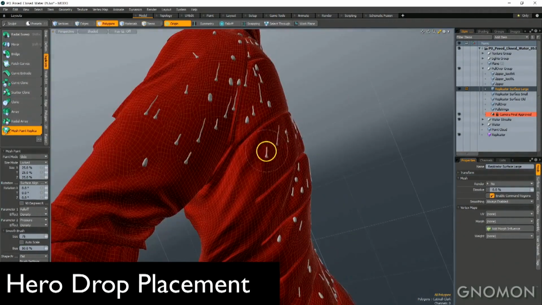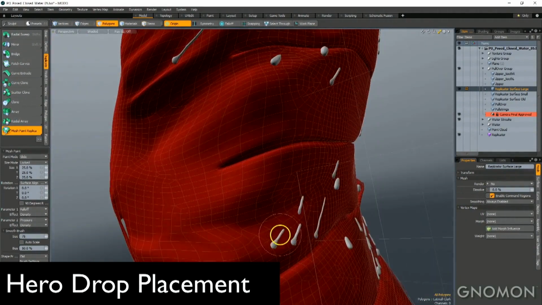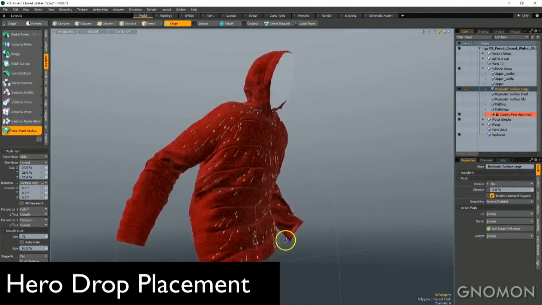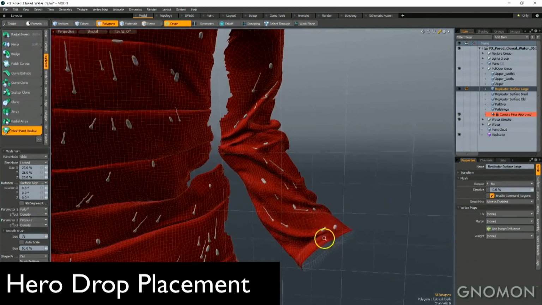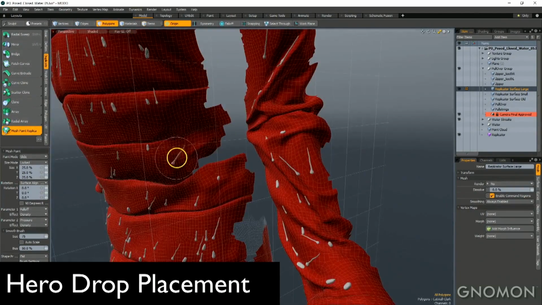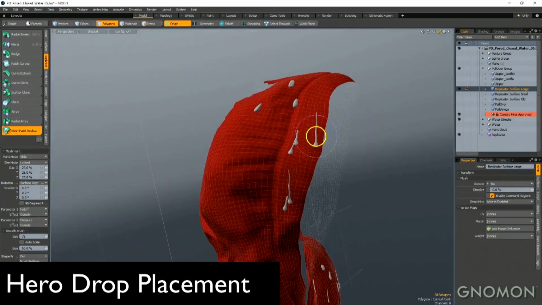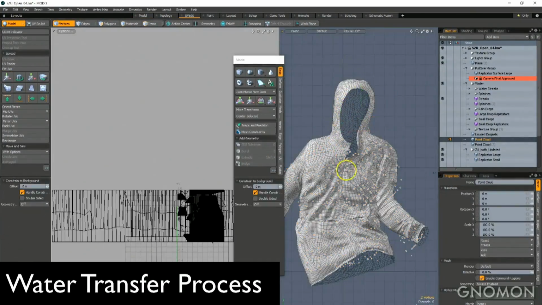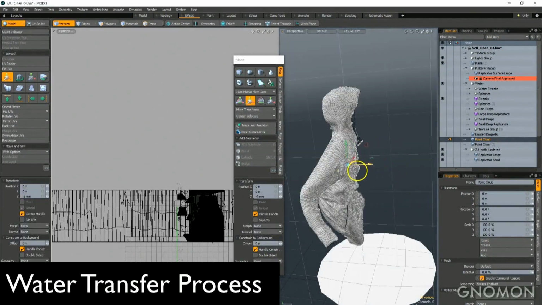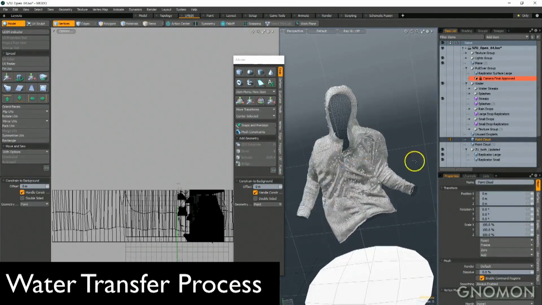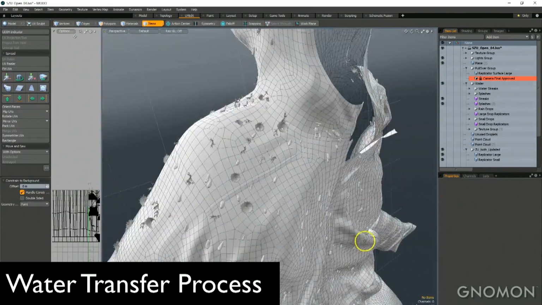So the water drop system was kind of interesting because we had 4 or 5 different replication systems. This one is based on, we did a bunch of different water drops and then manually placed them, and not only placed them, but we also oriented them, because doing a simulation was just not something we were going to deal with. So it was much better if we artistically moved those droplets. The coolest thing is after we did one of the simulations, we grabbed the droplets and then literally slid them on the surface with a background constraint, and all the droplets were flowing correctly after that.